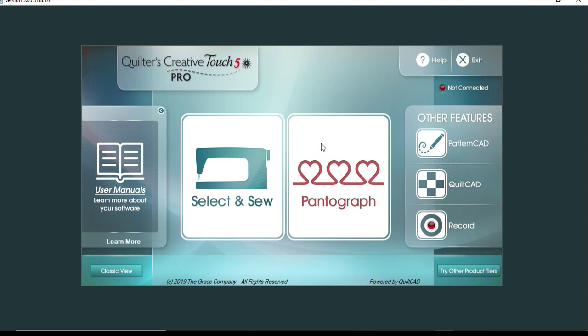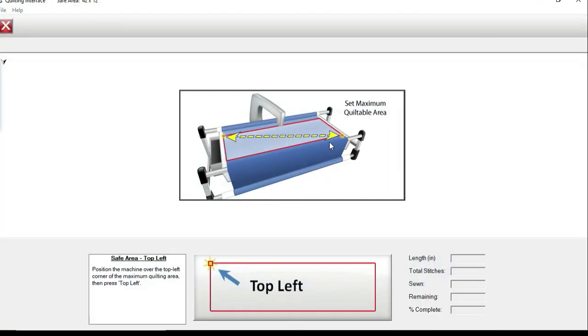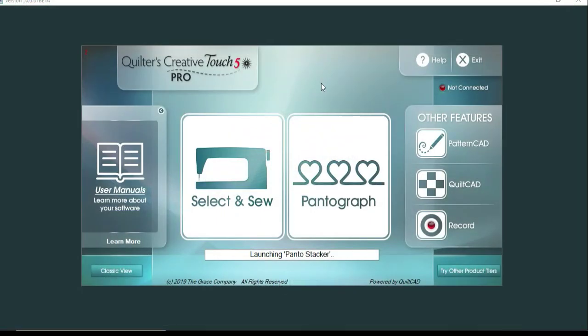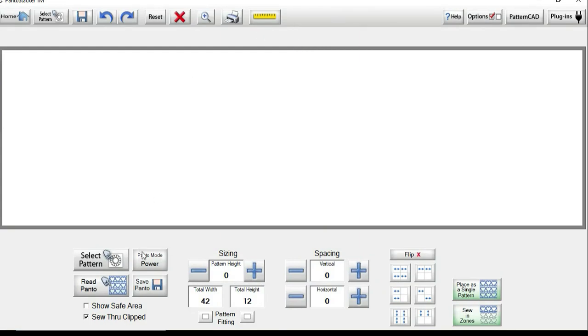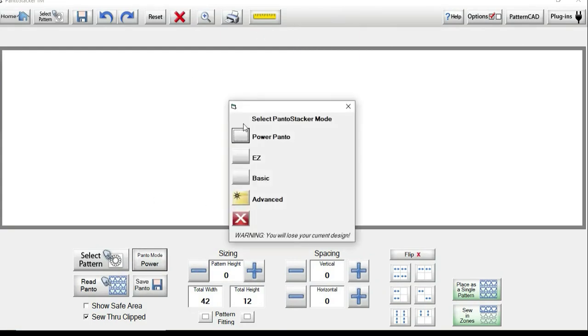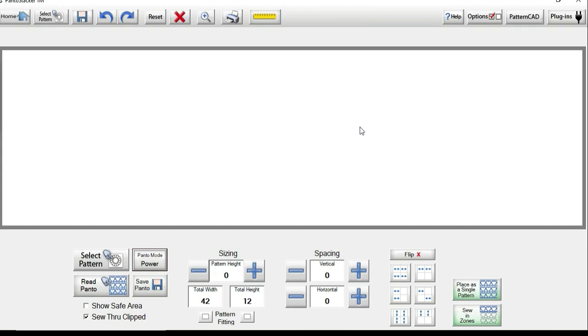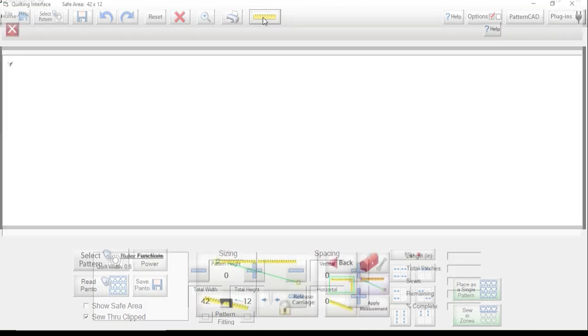So we'll start by touching pantograph. We need to set the safe area, so I'm just clicking down at the bottom. That's what you do when you're in simulation mode. You want to make sure in the Panto mode that PowerPanto is selected, and the first thing we want to do is measure the width. So we're going to click on the yellow ruler across the top